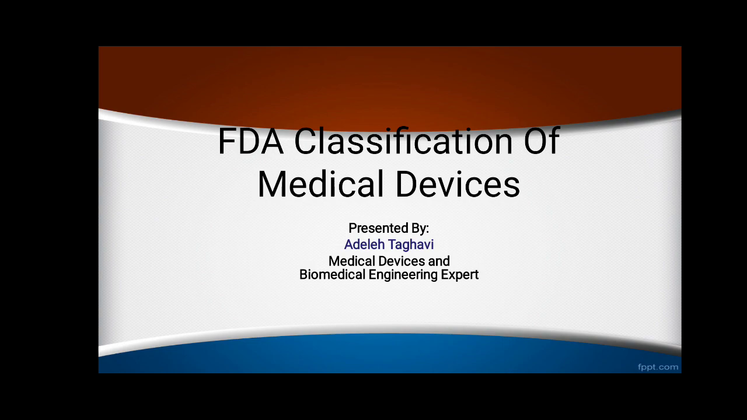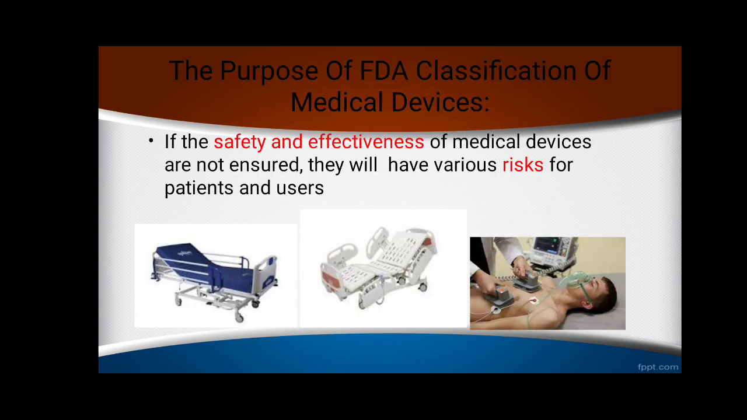The FDA categorizes medical devices into one of three classes: Class 1, Class 2, and Class 3. The first question is, why does the FDA classify medical devices in different classes? Or what's the purpose of the FDA classification of medical devices? As you know, the range of medical devices is very wide. For example, you can consider a bedpan to an MRI machine. If the safety and effectiveness of each of these medical devices are not ensured, they will have various risks for